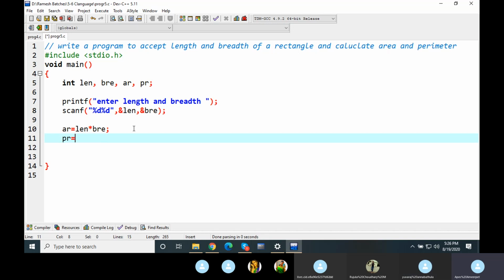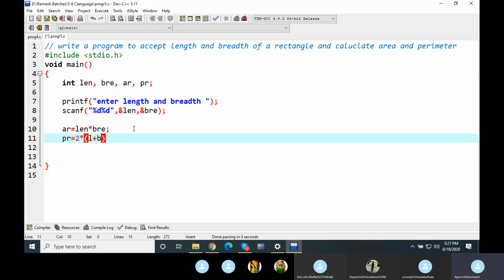Perimeter is 2 into L plus B, right? 2 into L plus B. Yes. So we will write it as 2 into, and now we cannot write it like this, 2 into L plus B, in brackets. Now multiplication is not assumed. You have to write the multiplication sign.